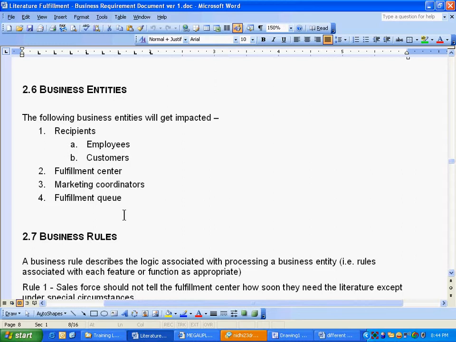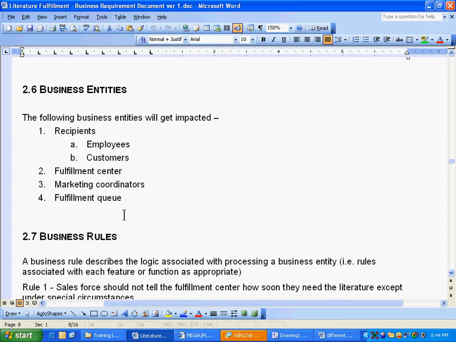So what happens is, a sales rep would request that they need this brochure, and it will go directly to the customer, or sometimes come to the sales rep. A sales rep can say I need 100 brochures, or they might say just send 10 brochures to this address. He can do it like that. So he will put the request in Siebel.